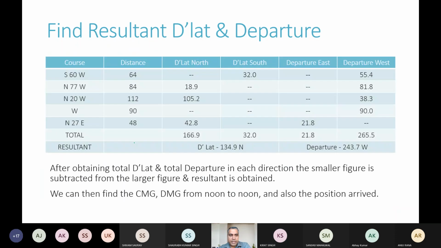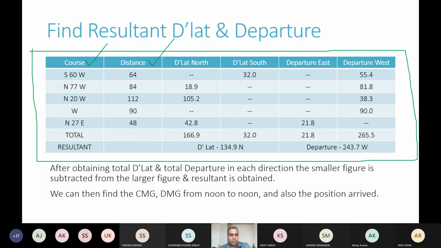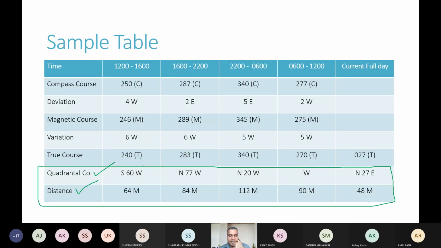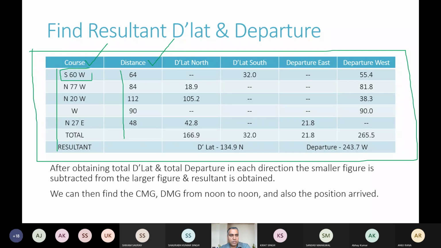अब बेटा हम एक दूसरा टेबल बनाएंगे। ये सेकंड टेबल हमारे पास आ गया। इस सेकंड टेबल में हमने जो दो वैल्यूज निकाली थी, एक हमने निकाला था कोर्स और दूसरा निकाला था डिस्टेंस। उनको हम ये पहले वाले दो कॉलम में लिख देंगे। ओके, पहले दो कॉलम में। If we go back to the slide, you see पहली लेग थी हमारी south 60 west और 64 mile. तो if you see in this table, हमने यहाँ पे south 60 west और 64 mile ये दोनों लिख दिया है। ये कोर्स है, south 60 west कोर्स है और 64 mile डिस्टेंस है। अब हम क्या करेंगे, हम इस कोर्स और डिस्टेंस से निकालेंगे D lat and departure। अब बेटा जो D lat है इसे हमने दो पार्ट में डिवाइड कर दिया। North वाला D lat जो है ये हम left side कॉलम में लिखेंगे, south वाला D lat right side कॉलम में लिखते चले जाएंगे।